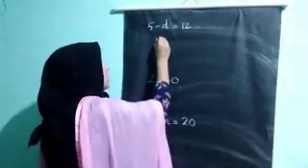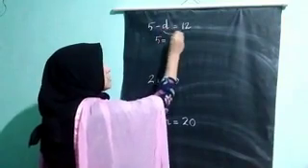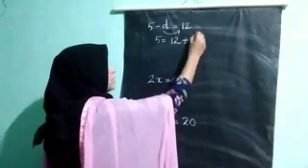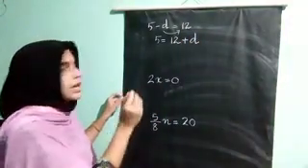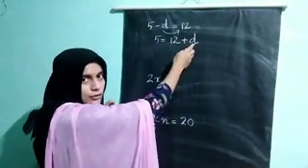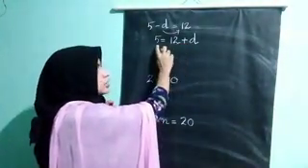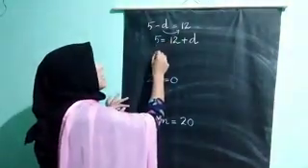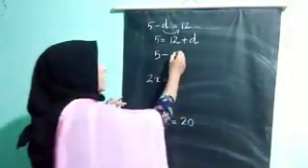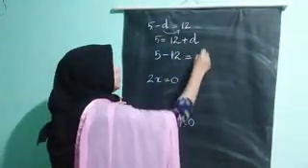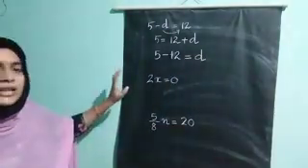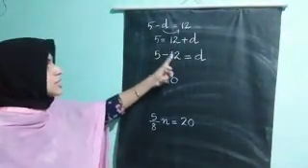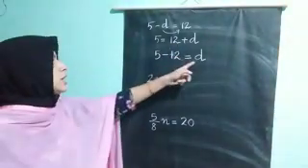So I am keeping 5 here and taking this minus d to the other side. Already there is 12. Minus d will become plus d. Now we have to find the value of d. Take this 12 to this side. What is the sign of 12? Positive. So when you take that to the other side, already there is a 5, minus 12 equal to d. Positive d. Don't write 12 minus 5. 5 is already there. Transpose 12 to this side. So minus 12 equal to d.